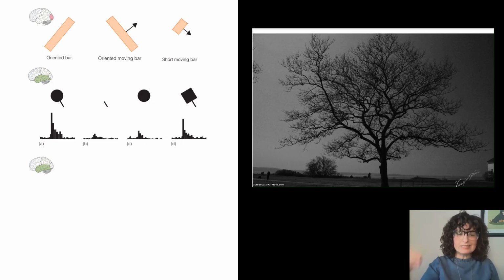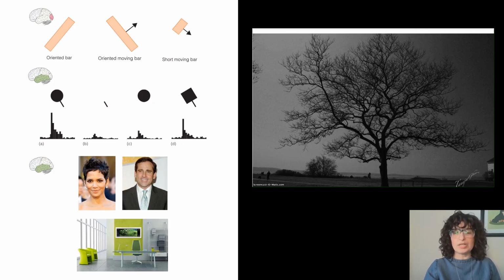But it's not until we get to the very front parts of the temporal cortex that we start to see neurons which are specialized for processing really complex objects like faces, or even scenes like places. And that is essentially what this little video was meant to represent. So when you're super zoomed in, that's essentially the information that's being processed in the primary visual cortex. As you move forward in the brain, the representations kind of zoom out,